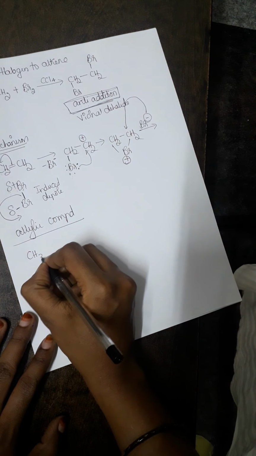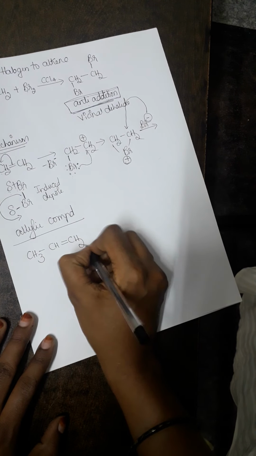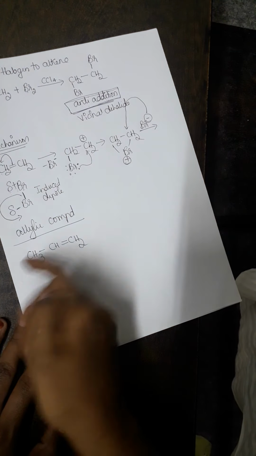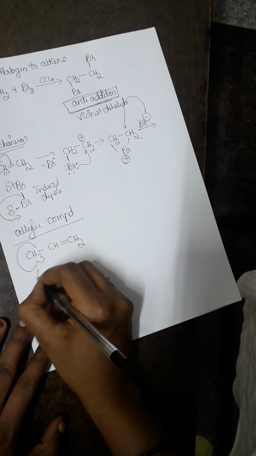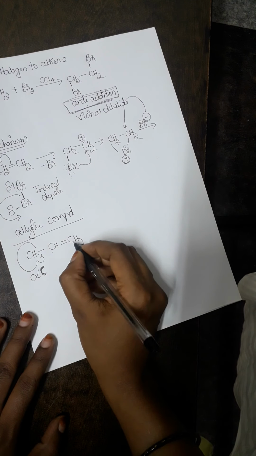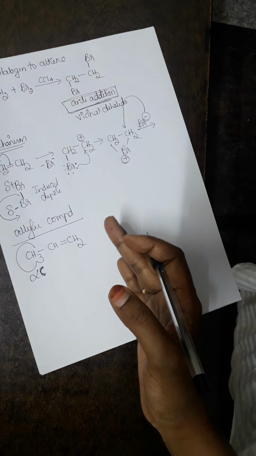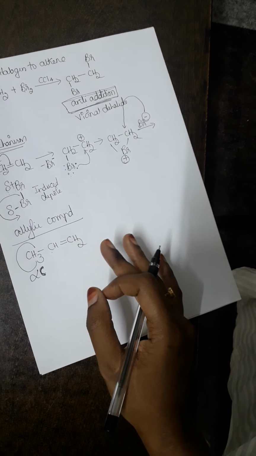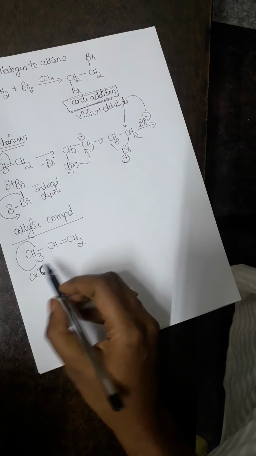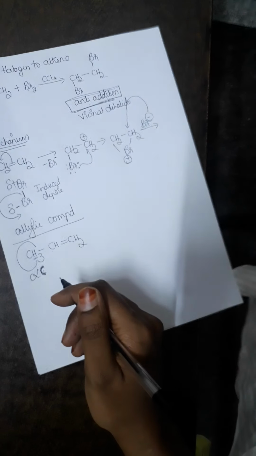So you will be having an sp3 hybridized carbon bonded to a carbon-carbon double bond, or two sp2 hybridized carbons bonded to an sp3 hybridized carbon. This carbon is also called the alpha carbon because it is bonded to an sp2 hybridized carbon. Got my point? Now we are doing a very simple reaction: halogenation specifically for alpha hydrogen. The alpha carbon has hydrogen atoms, and those hydrogens can also be called alpha hydrogens.